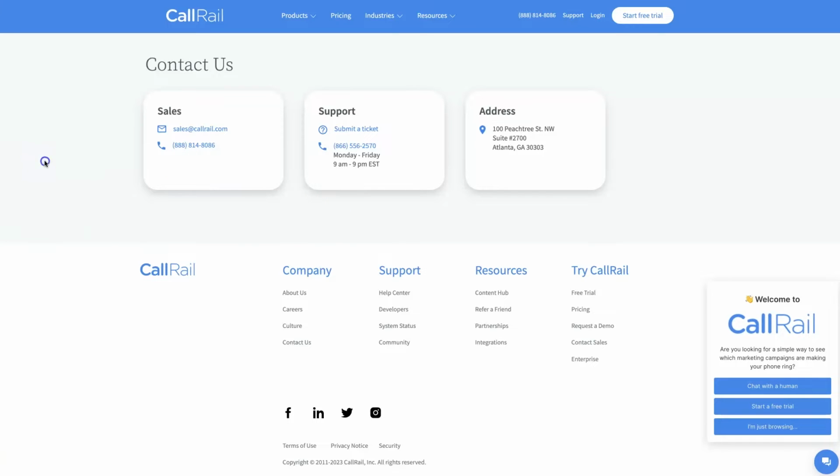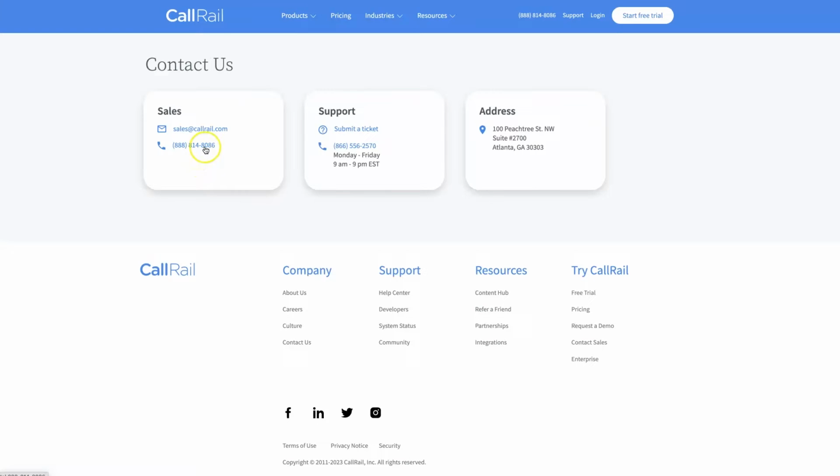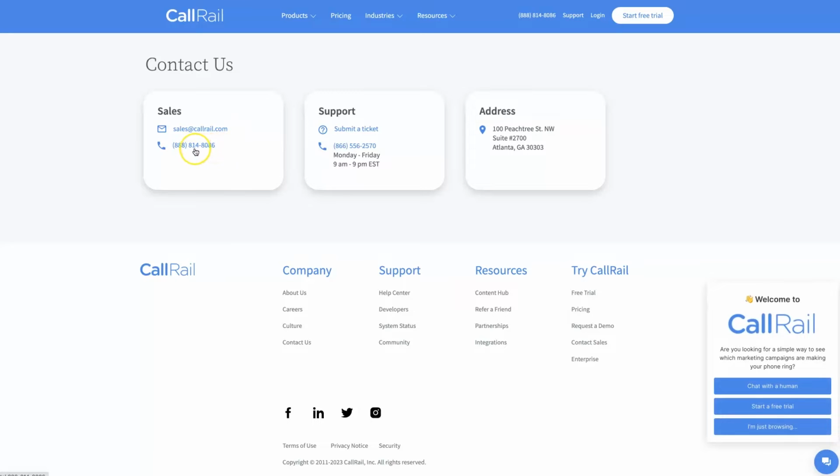So let's say we'll just use the CallRail website as an example here. Let's say we're trying to purchase call tracking software, and we're looking at using CallRail. So we do a search on Google, and we land on a Google ad. We click on the Google ad, and then it brings us to this page. And when we land on this page, we load it up, and all of a sudden a phone number gets loaded up into here that's unique for us to call. When we call that phone number,